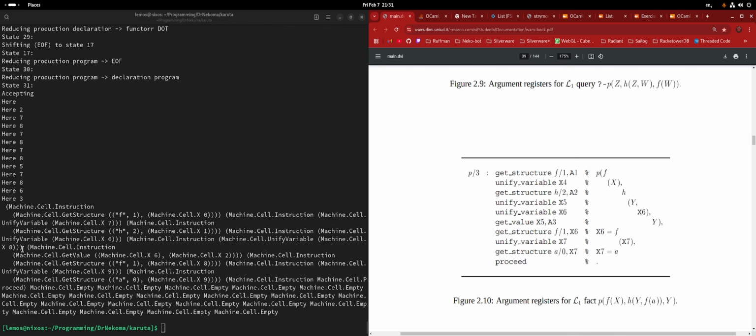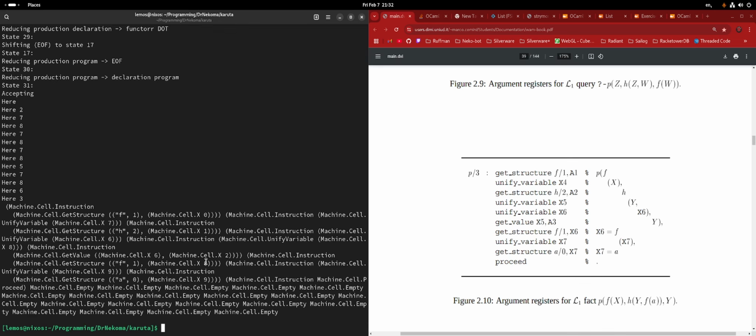Then get value on 6, which was the first unified variable, which is this one, so it's correct, and 2, which is a3, correct. Then we have another get structure f1 with x8, which is the same as this one, so it is correct.